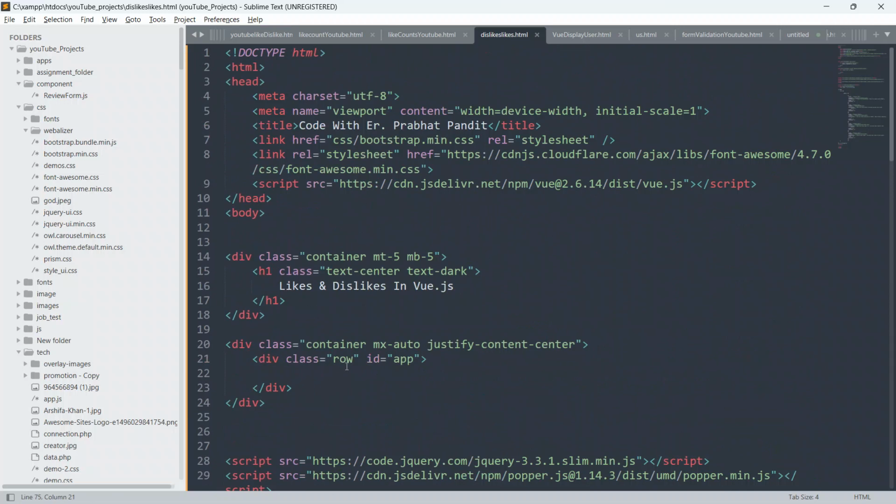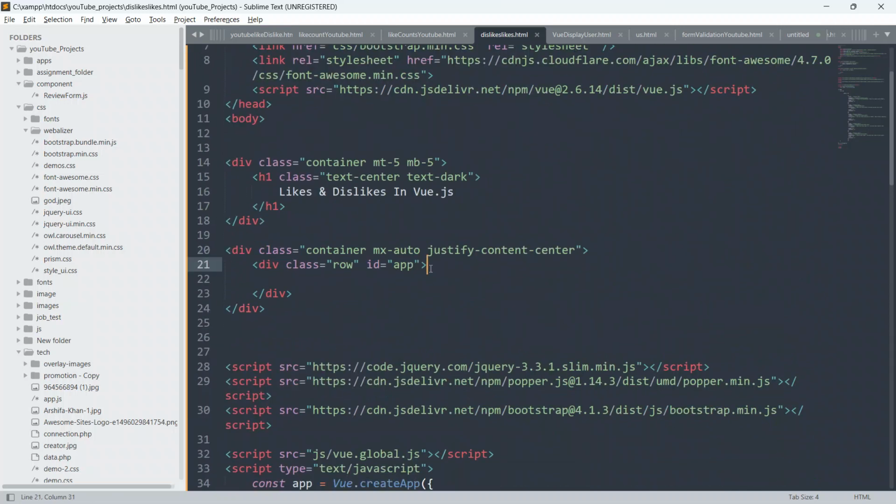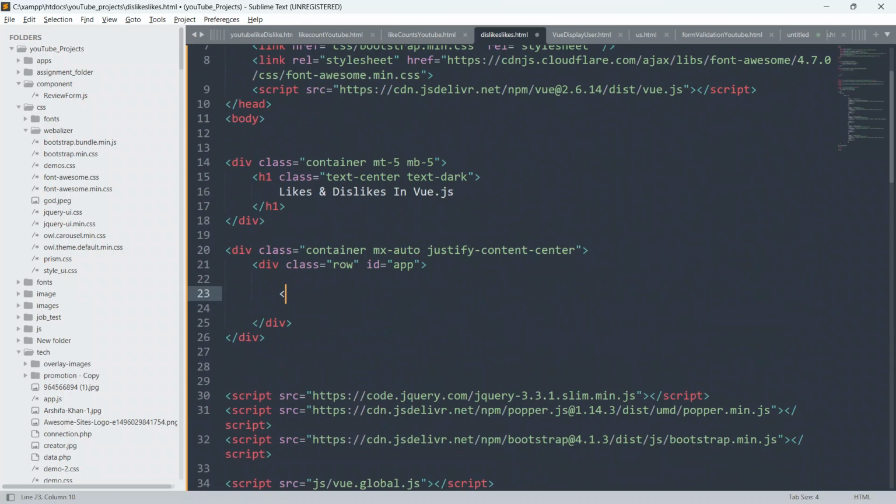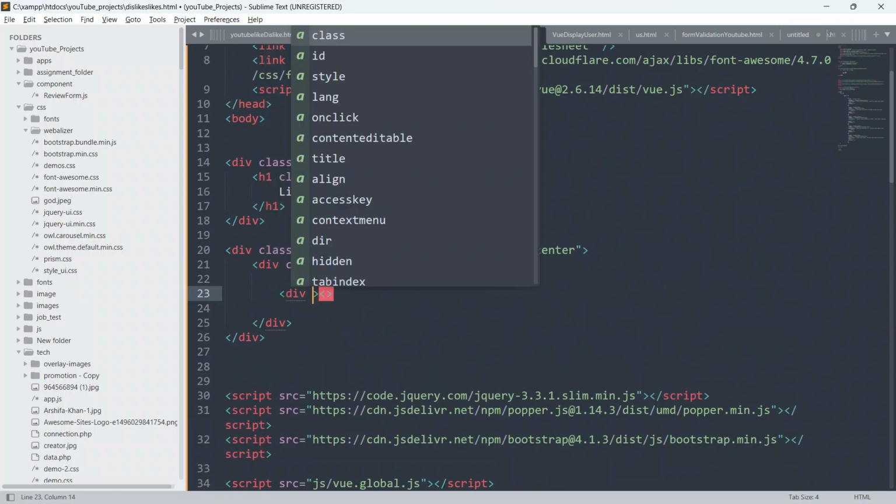Go to the code again, in the HTML part, and we have to write our HTML now. Below this I am going to create another div.